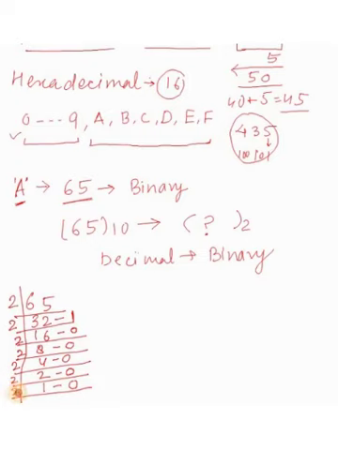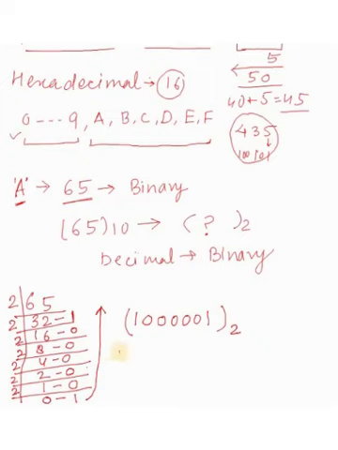Now again divide, because we have to divide until it becomes 0. If we divide 1 by 2, it will go 0 times, the quotient will be 0 and the remainder will be 1. So this is the sequence of remainders. Now take these remainders in reverse order. The equivalent answer will be 1, 0, 0, 0, 0, 0, 1. How many 0s? 1, 2, 3, 4, 5 zeros. This will be the equivalent binary code of the decimal value 65. So this is the answer.